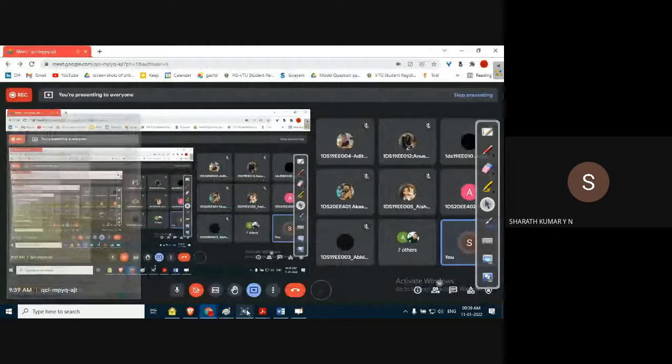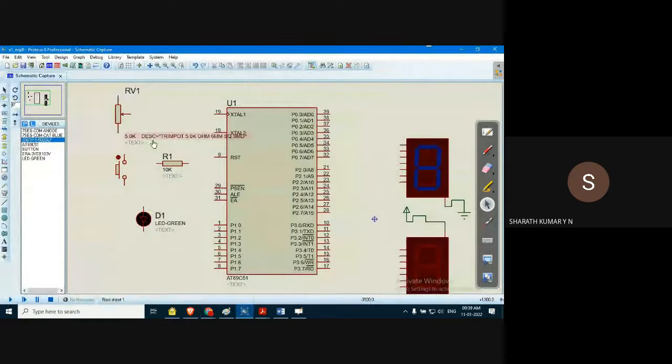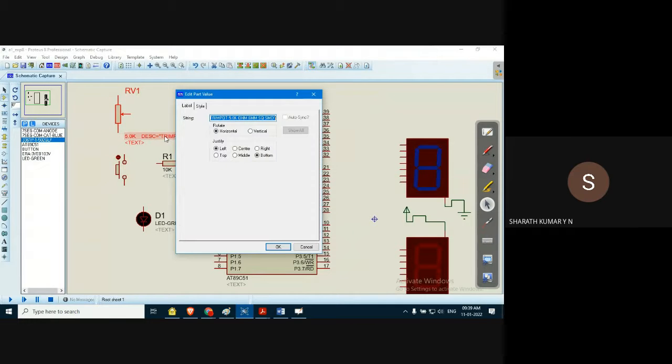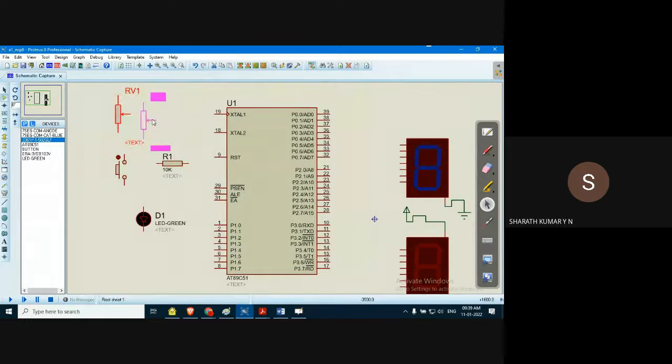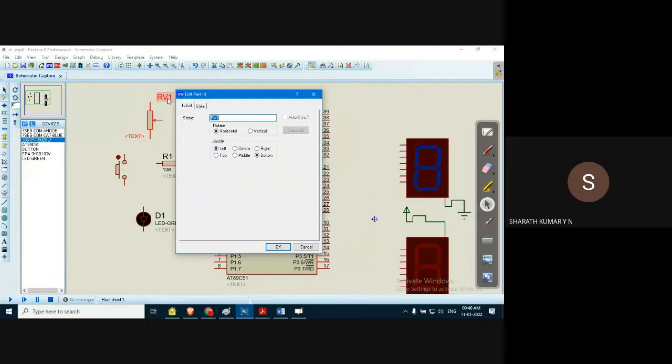So now this is a potential. You see, for example, if you don't want this display, you can click on the display. You can remove this, delete this, so that will go away. That boring thing will go away. Here also we can disable the text, so that things you can actually replace. You can relocate this display component. This also, if you don't want, you can delete this. This is just the name of the component.